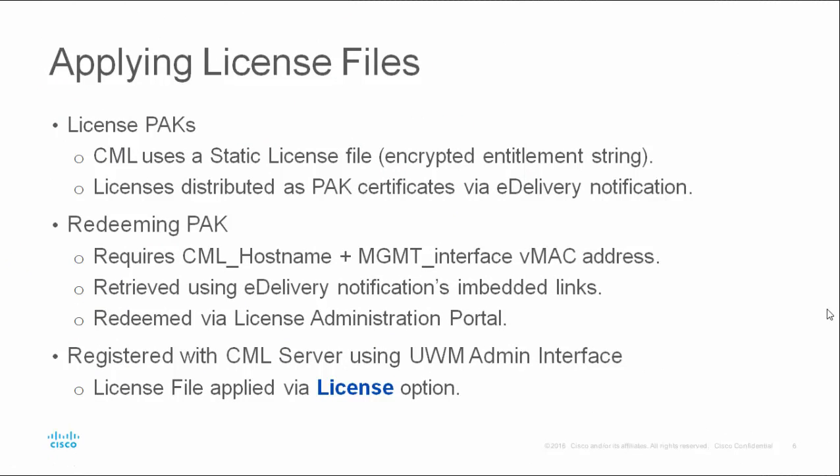Cisco Modeling Labs uses a static license file keyed to a combination of the CML hostname and the VMAC address associated with the Ethernet 0 interface. License files are distributed through an e-delivery notification process. Product authorization keys, or PAC certificates, are issued via emails which are redeemed at